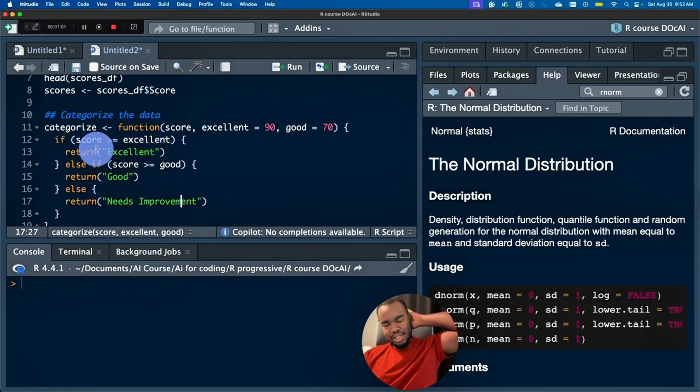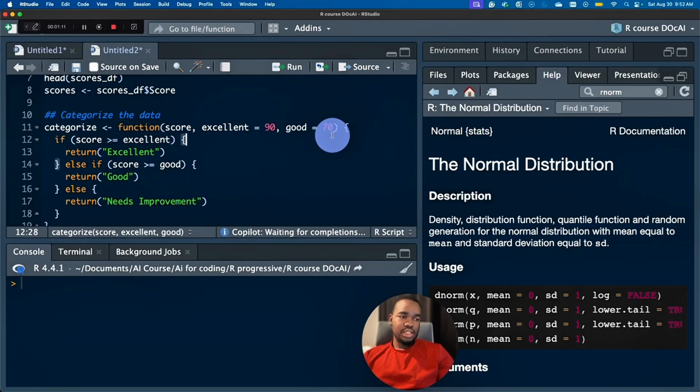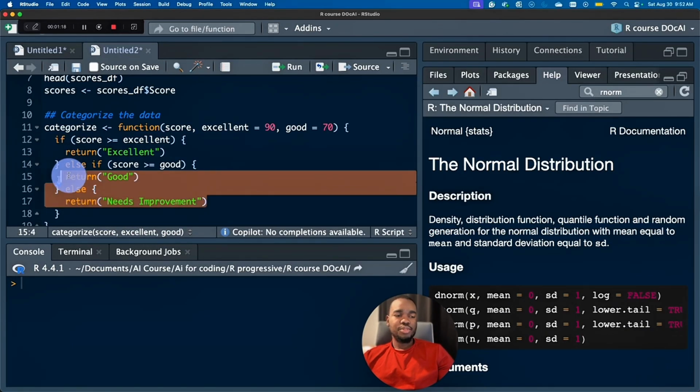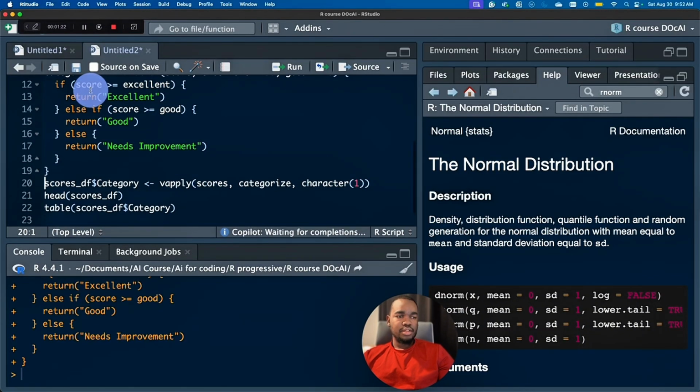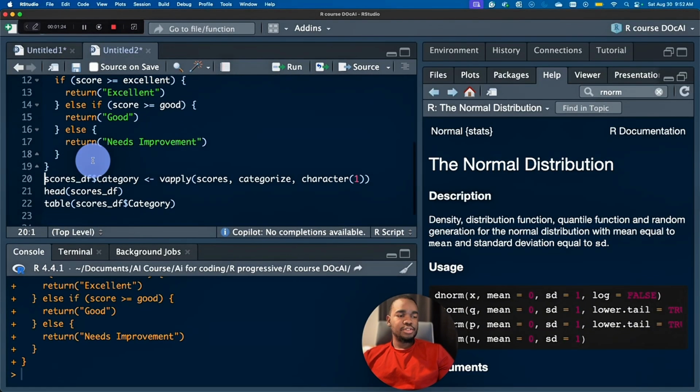So what this is saying is that if your score is greater than or equal to 90, return excellent. If it's greater than or equal to 70 but less than 90, return good. Else, anything lower than 70 needs improvement. So if we run this function,